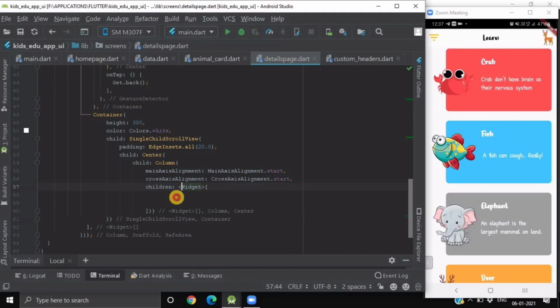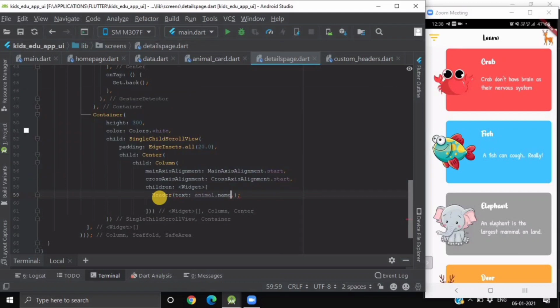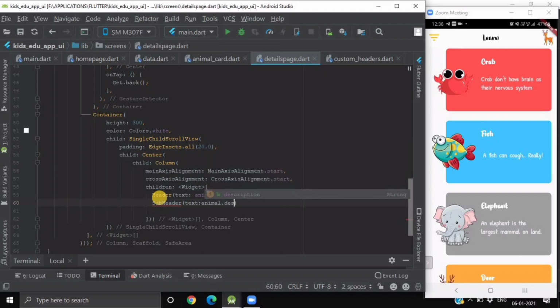Okay, so as its children, first we'll pass our header. So first we have to import this file from our custom headers, and in its text we will pass our animal dot name. Okay, and as its subheader we'll be passing text animal dot description.